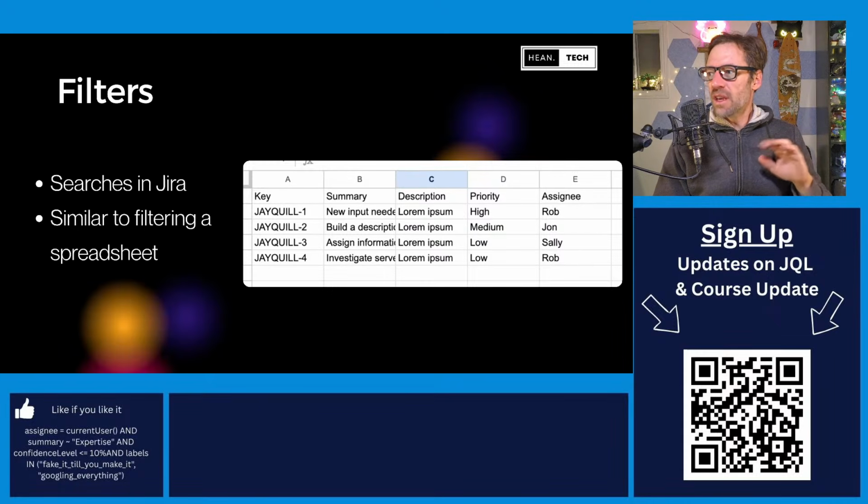Jira is essentially a big spreadsheet. This is a vast oversimplification, but when I search, I always think about just putting a filter on a column of a spreadsheet. In this example, if I want to find low priority items,